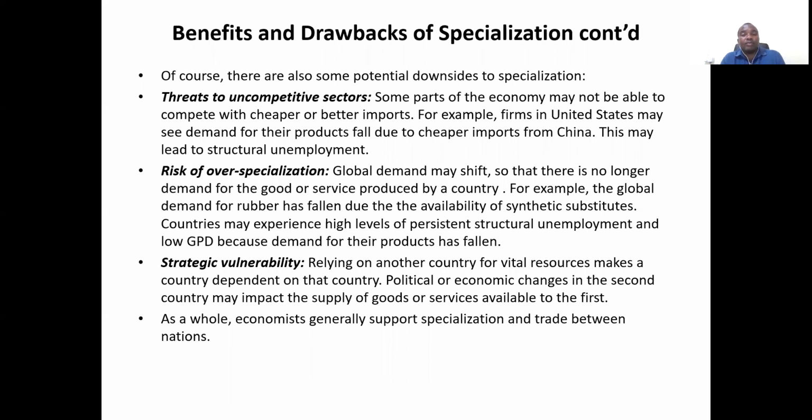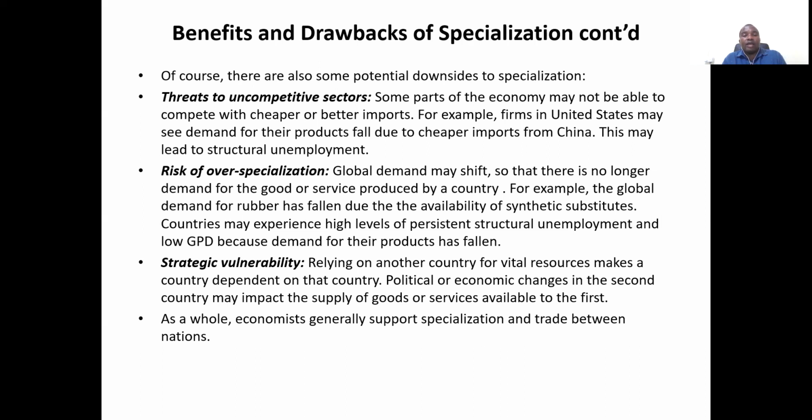First, threats to uncompetitive industries or sectors. The cheap imports from China have destroyed the textile industry in many countries, which has led to very serious structural unemployment. And then there is the risk of over-specialization, which becomes a problem when global demand shifts. So a glut of certain commodities, which will no longer be necessary,